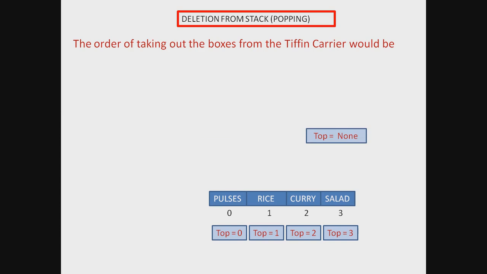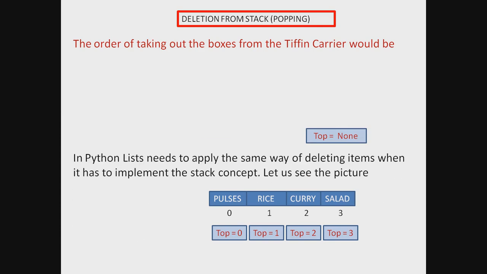So I think you have understood. The same thing again we will see by the eyes of a Python programmer. So Python programmer sees it in this fashion. See, first salad goes off, top which was 3 becomes 2, curry goes off, top is now 1, as the topmost box, that is the latest box which was kept, is rice, and which is here in the list.